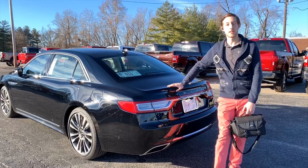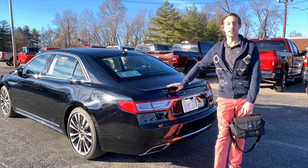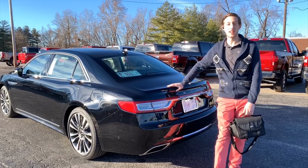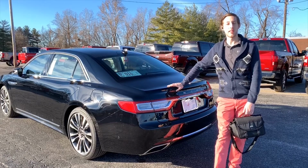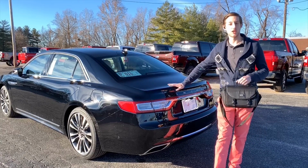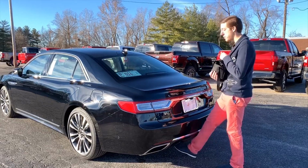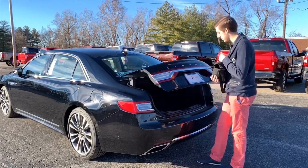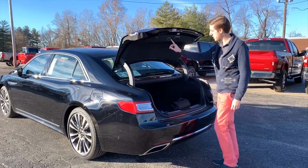One of the other great perks of driving the Continental is the fact that Lincoln has been able to integrate a foot-activated power trunk lid. All you need is the key fob in your pocket or purse and a foot to kick under the trunk. That way, next time you have your hands full of groceries or large Christmas packages, all you need to do to get them into the trunk is swipe your foot under the bumper. It opens right up, and then once you're done,